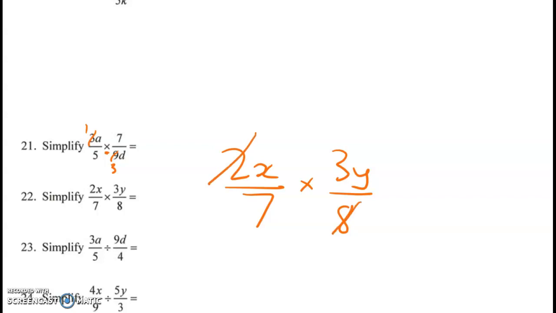So in this next one, I'll write it out big here. So we've got 2x over 7 times 3y over 8. Now, the 2 and the 8 have got a common factor, right? So 2 over 8 can be simplified to 1/4. That gives